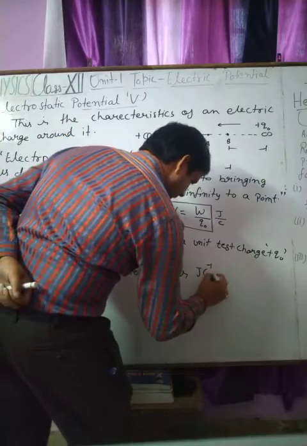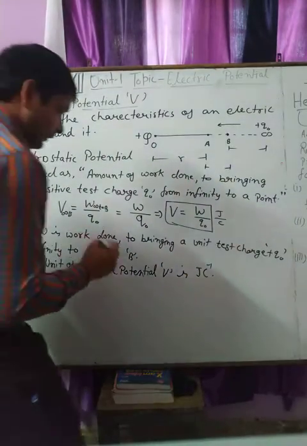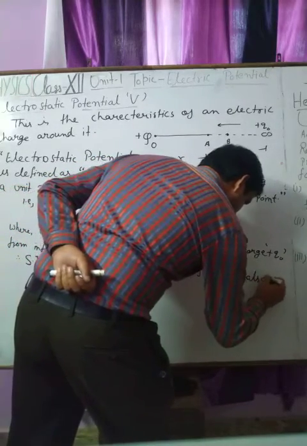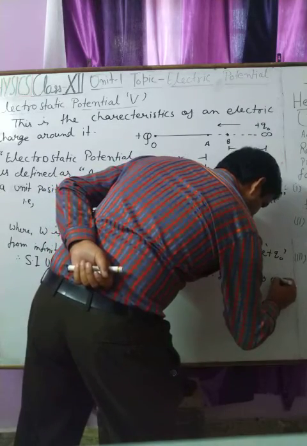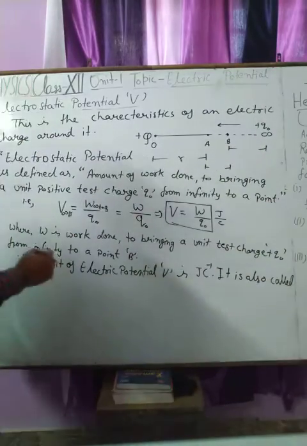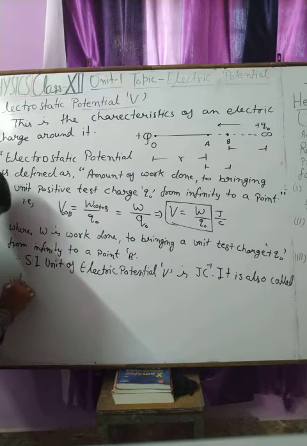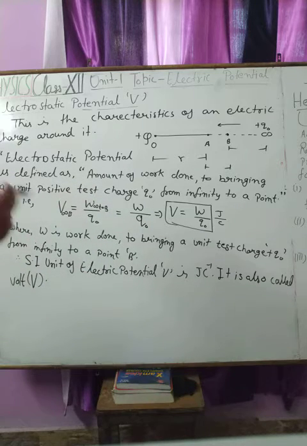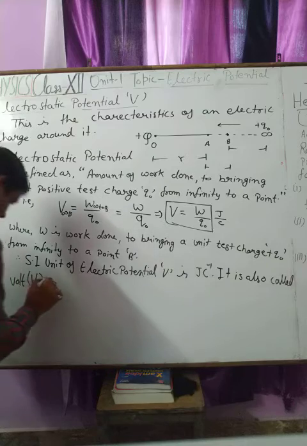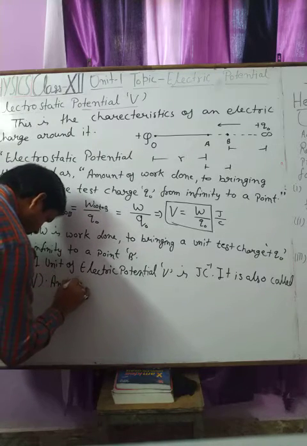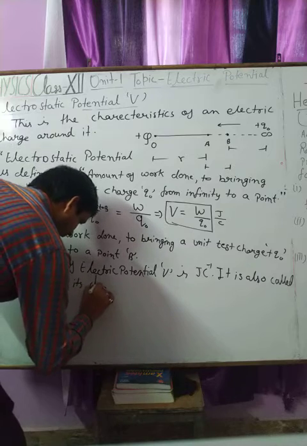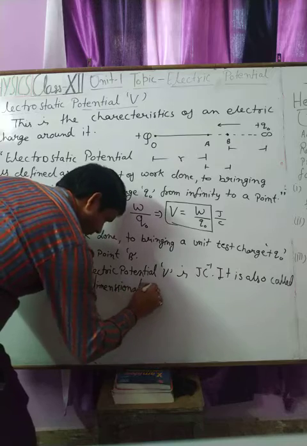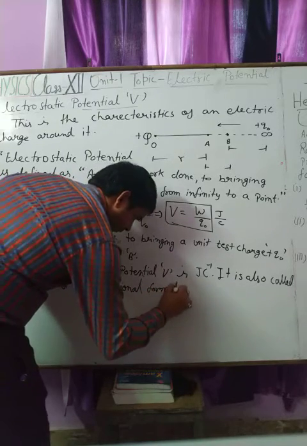It is also called volt. This is a derived unit, and its dimensional formula is